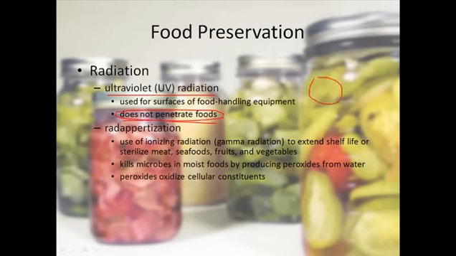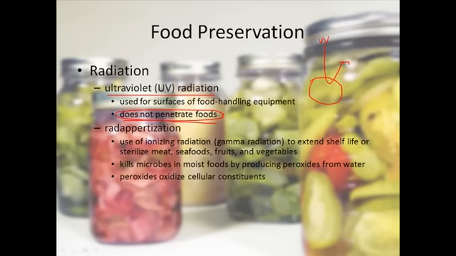So if the food has a surface area and you use UV rays, the UV rays can clean the outer surface of the food. So it cannot enter, that's why it cannot make the whole food safe. That's why you need to use another set of radiation. We can use gamma radiation. If you use gamma radiation, that can go through these food barriers and inside of the food, and by doing this, it can make our food really safer for us to eat.